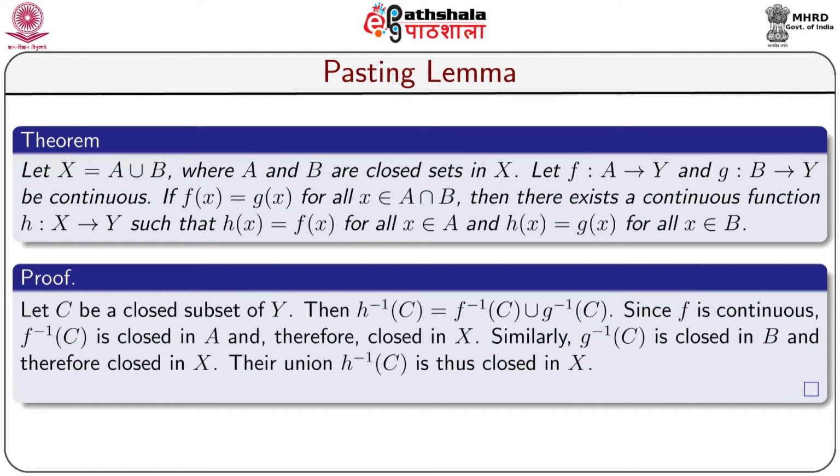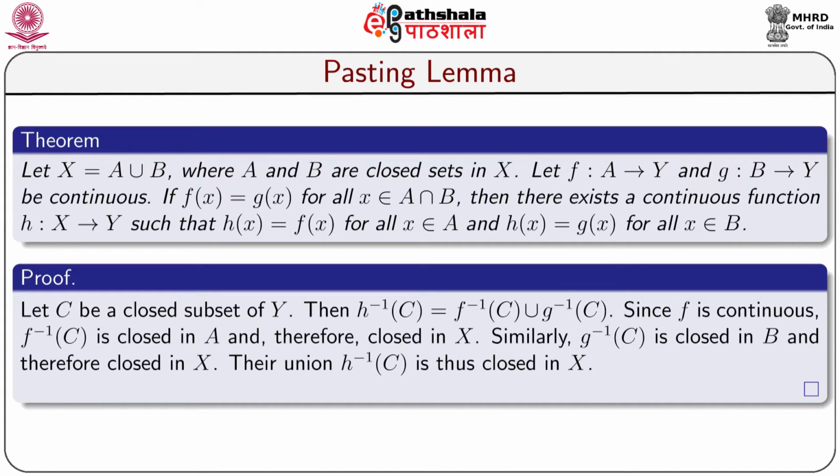Now, this is an extremely important lemma. In literature, it is called the pasting lemma. Theorem: let X be equal to A union B, where A and B are closed sets in X. Let f from A to Y and g from B to Y be continuous functions. If f(x) is equal to g(x) for all x belonging to A intersection B, then there exists a continuous function h from X to Y such that h(x) is equal to f(x) for all x belonging to A